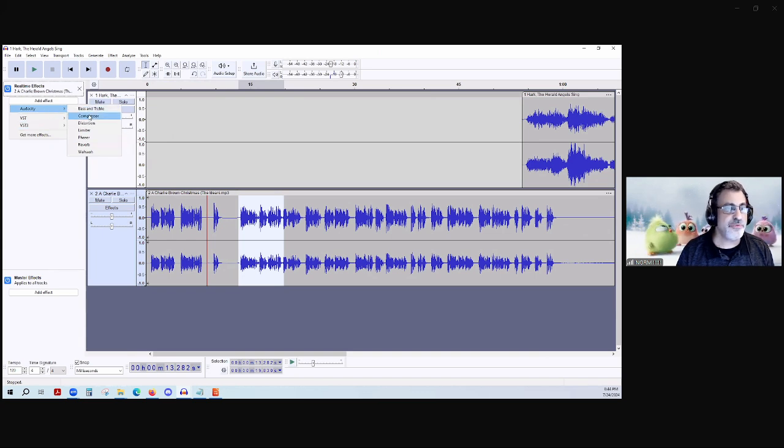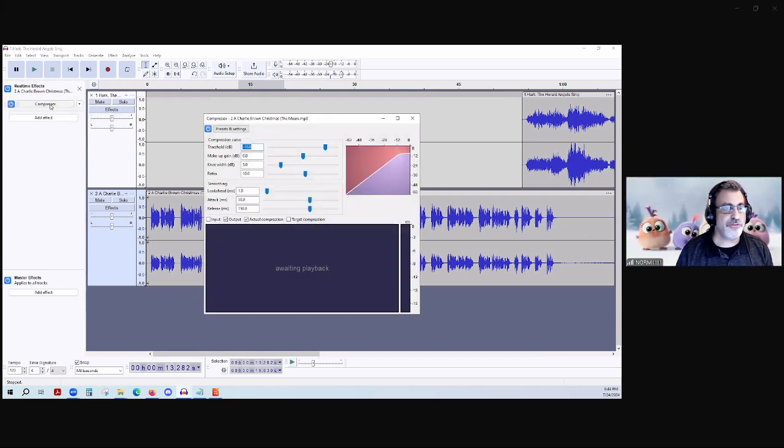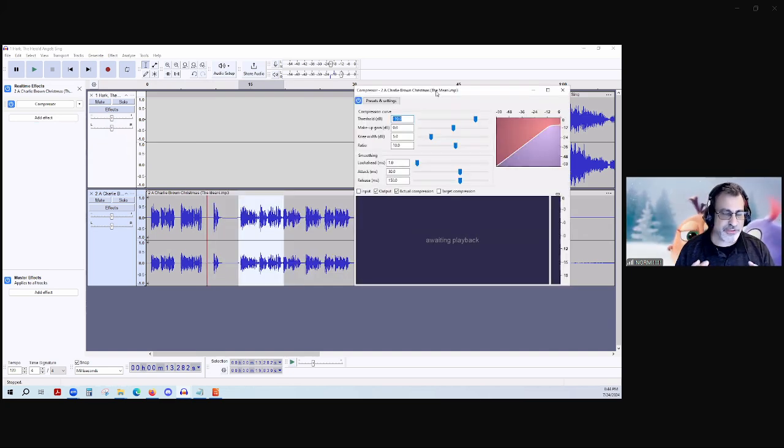So Audacity comes with a compressor. The compressors, with these other things are kind of cool. Compressor is going to really give you what you're doing. What a compressor does, it's like what you hear on the radio. It compresses the audio. That's exactly what it does. And don't let this bother you here. We use these a lot when we're doing audio recording, but I'm going to do this with different presets, right?